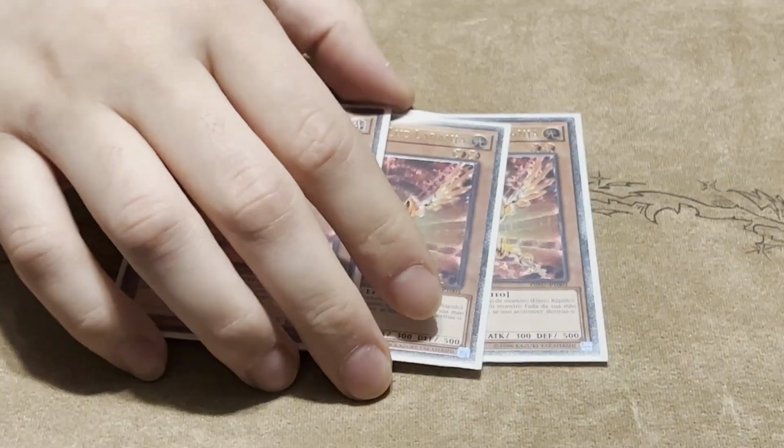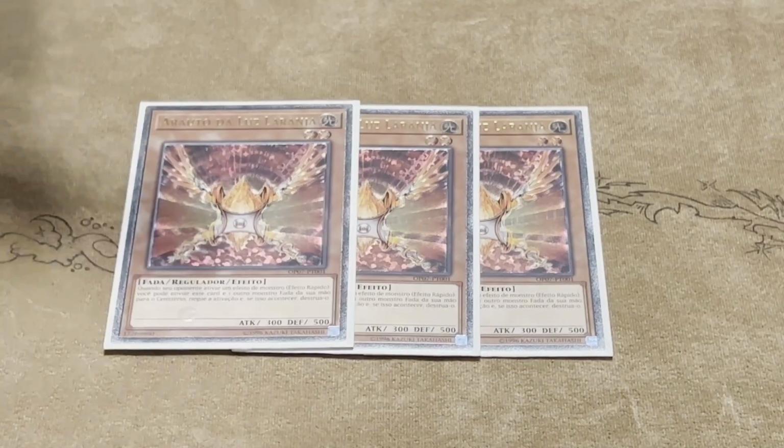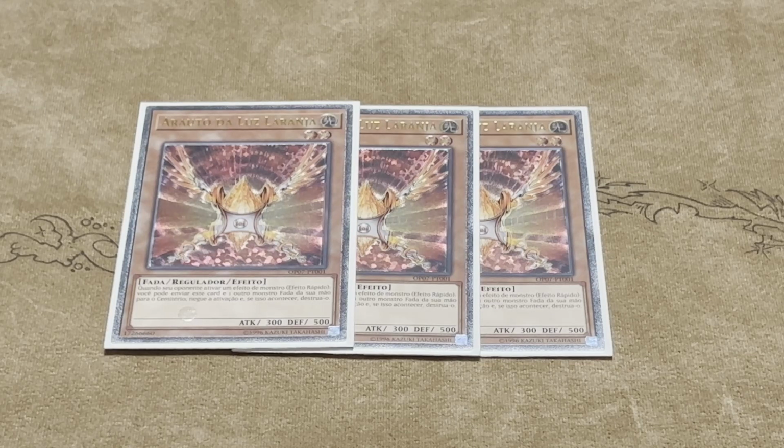More fairies. 3 copies of Herald of Orange Light. This is another way for us to interact, and it's just really broken. We want to pick exactly what we want to interact with, unlike Raikou, where they can attack, and then sometimes we have to force pop something. This, we get to specifically target the thing we want to negate, and negate that thing,